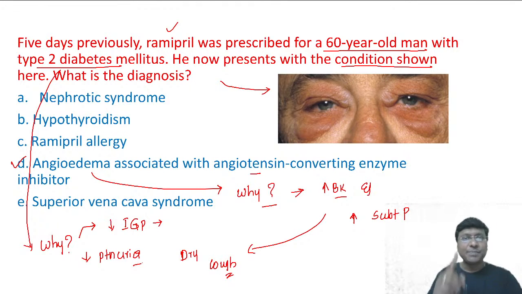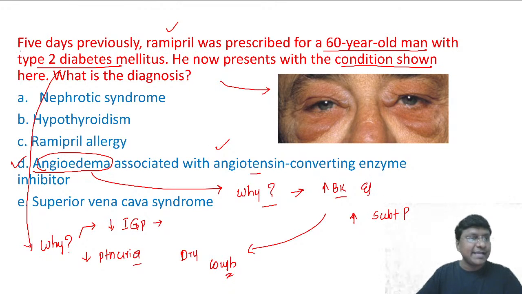So in order to prevent the development of diabetic nephropathy, I will give ACE inhibitors if he is hypertensive in a diabetic patient. Right, in a diabetic patient. All right. Now we will move on to the next important clinical question. Right, and another important point what you should know is the angioedema which is seen with these ACE inhibitors.